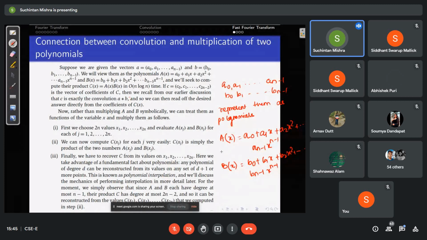Once I have represented them as two polynomials, I have already found out that the convolution of these two is equal to the convolution of this into the convolution of this. So my problem is now reduced to multiplication of two polynomials. Okay. So if it is now the convolution of two polynomials, again you will see